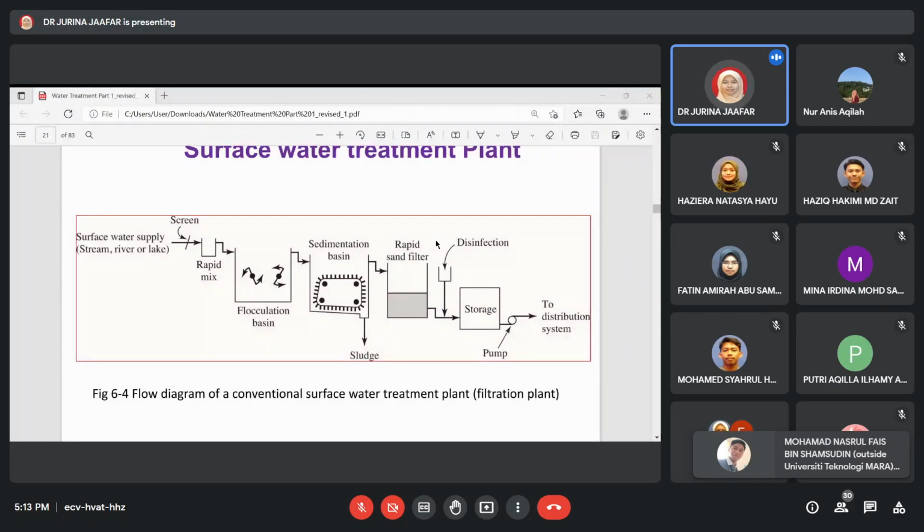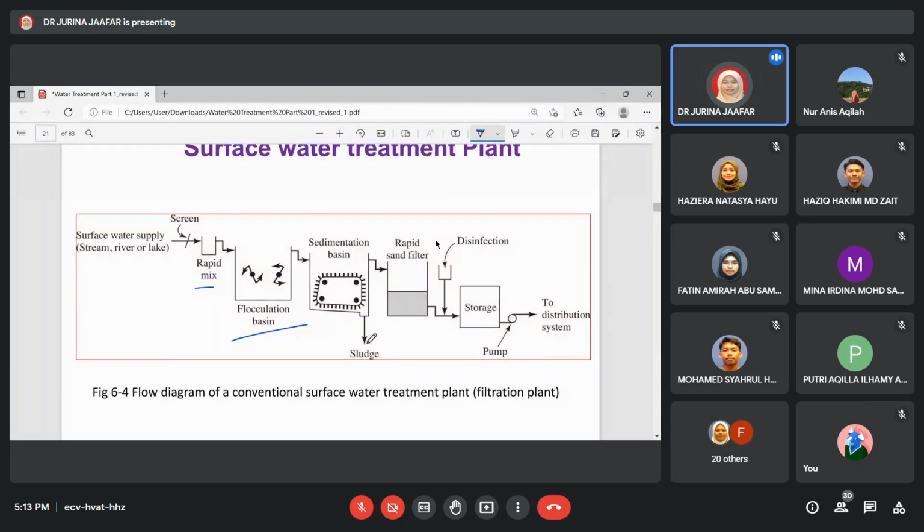So here you can see the process starts with a rapid mix basin, followed by flocculation basin, sedimentation basin, then we have a sludge here. Okay, I will explain what is sludge. Rapid sand filter, disinfection, storage, and sometimes we have the pump to elevate the water up to the distribution line, to the distribution system. So here why we have this sludge, sebab during water treatment itu akan ada